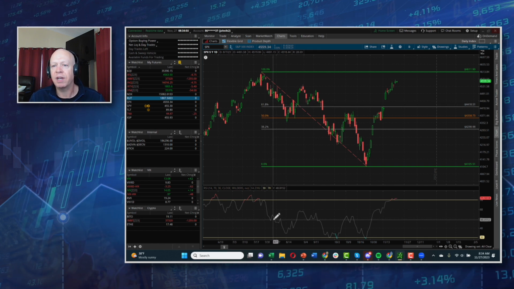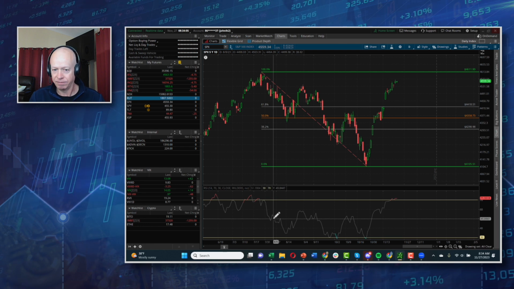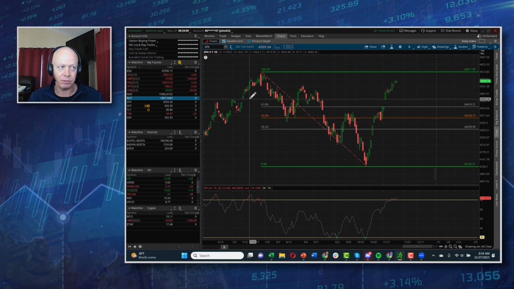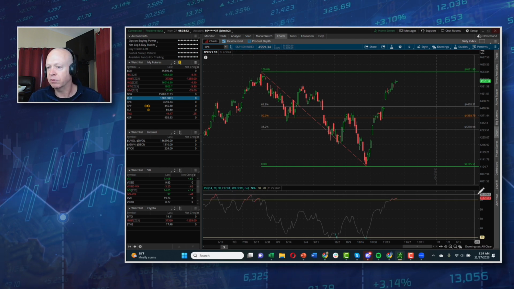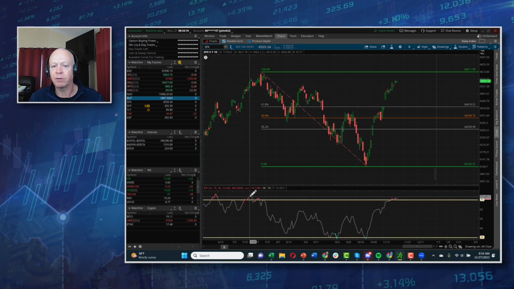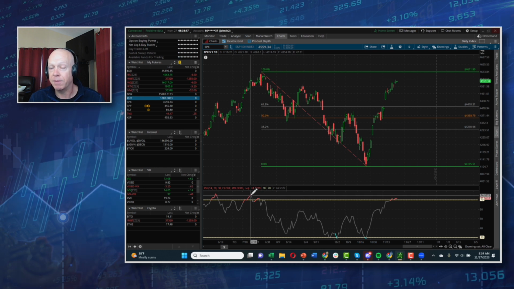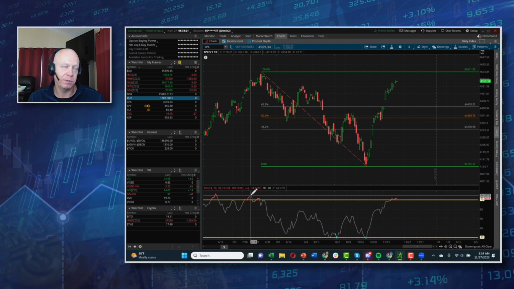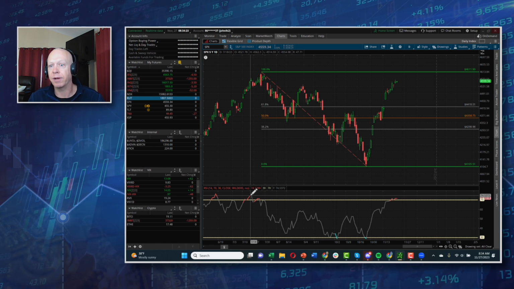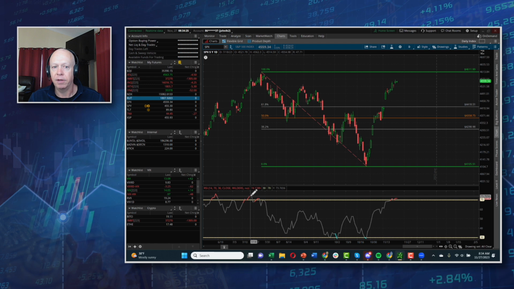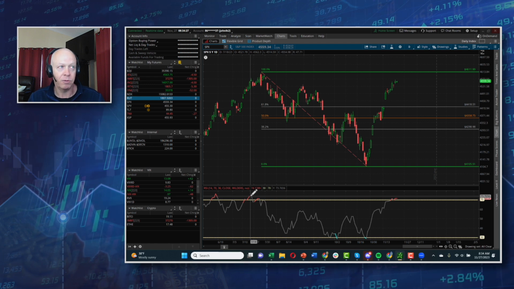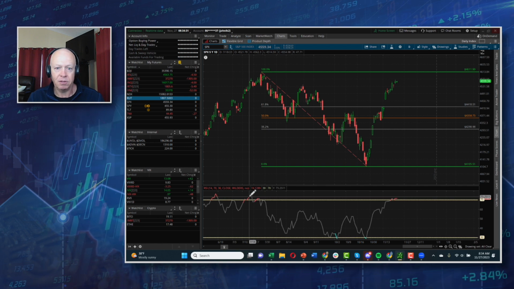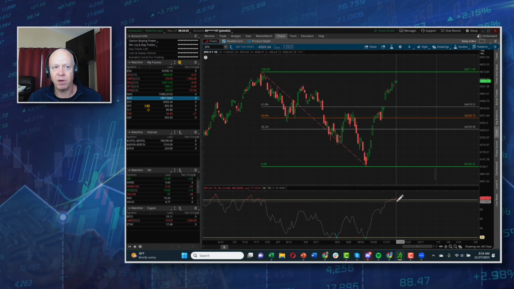What does the RSI indicator indicate? It indicates that the market is going up at a faster rate than it normally does. When it gets over certain levels, this is faster than it normally goes up 70% of the time. And I would argue we know that. If you understand your asset and you've normally been trading the SPX, you know it's gone up more than it normally does, and you know it's going up faster than it normally does. I mean, it doesn't take an indicator to figure that out.